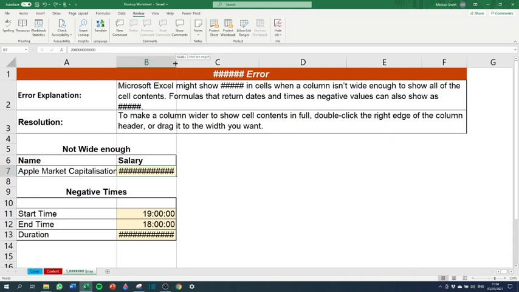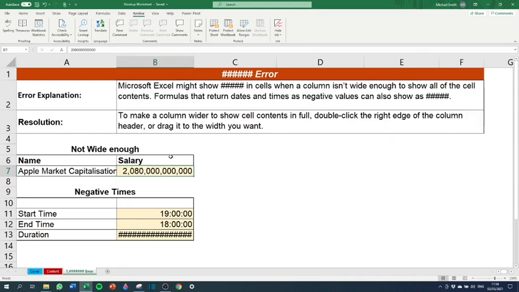So one of the easiest ways to fix that is simply by making this wider, and then your hashtags will go away. Another reason for this type of error message is when a time or date value is returned as